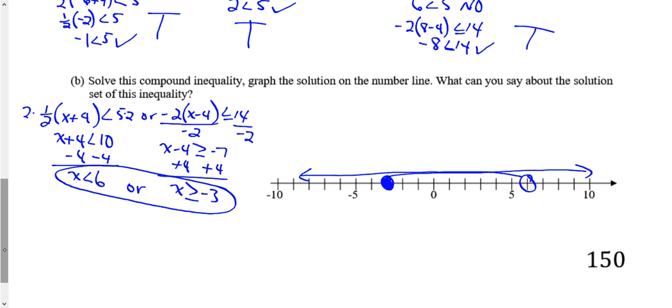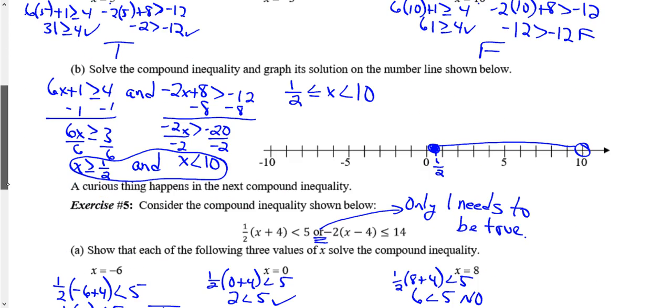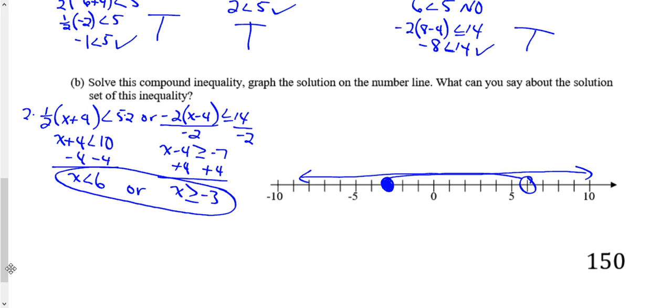Because it's greater than -3 here. Normally, in this one back here, your solutions would be outside these two numbers, -2 and 7, and none of the numbers in between would make it true. So this one's a little weird, in that there's no gap between them because they overlap. So every single number that you pick will make it true. It'll be a solution to it, okay? So the solution